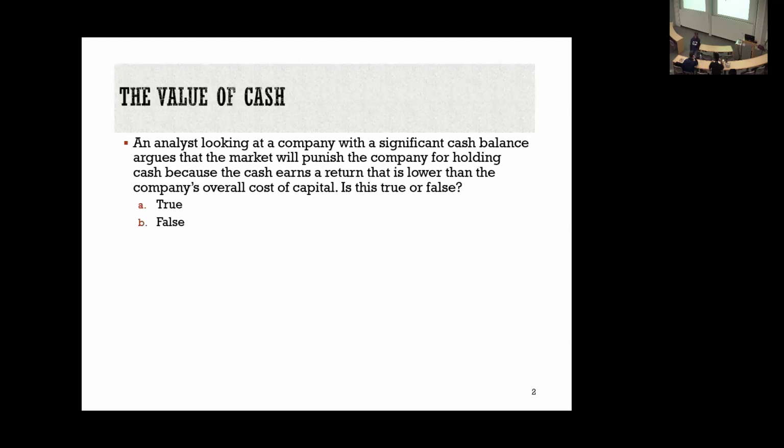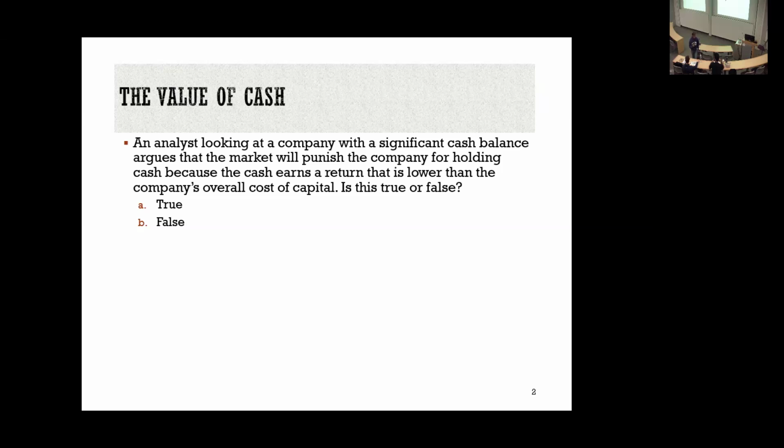No. Why not? Because it has a return of 4%. And why is that enough? Because the earnings that they have plus their investments with their cash is larger than their cost of capital. Do we even need to go there? What's the cash invested in? Something liquid and riskless, right?